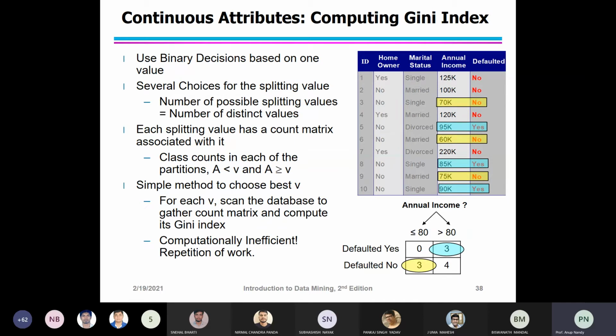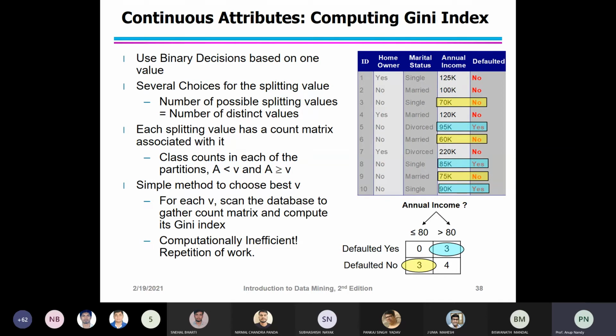If you sort the records by annual income, the computational complexity will be order of n log n.